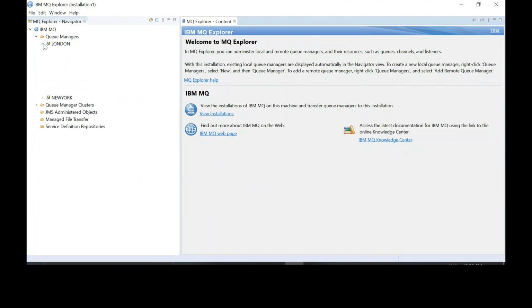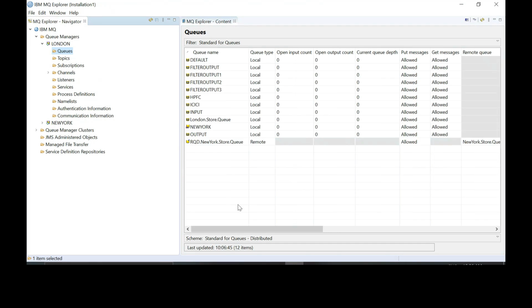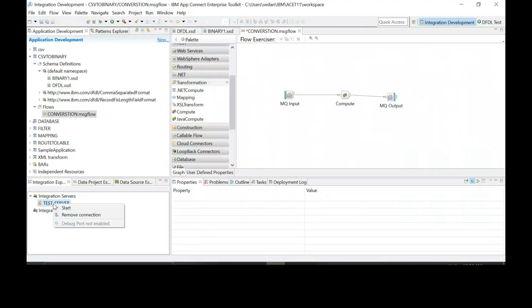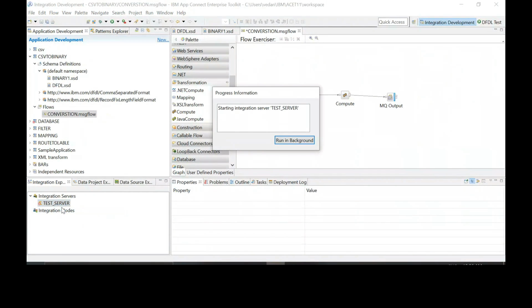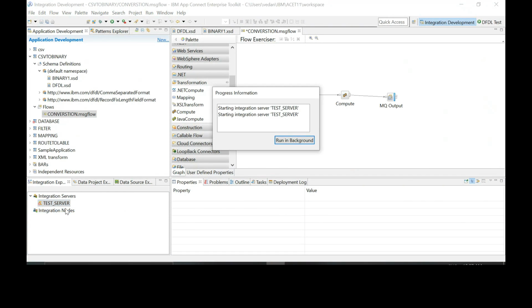Show me your integration node or your broker where you're going to deploy your application. This one. Okay, its test server is not started. You can create the queues in the meanwhile.